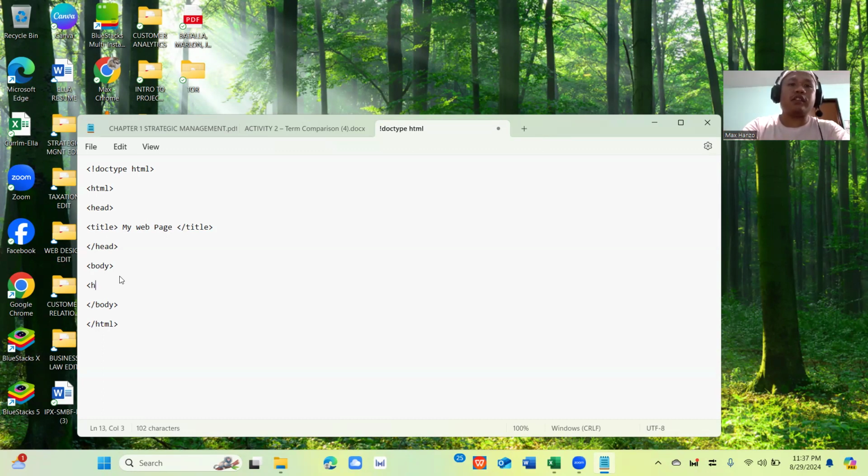So for example, since we're putting sections or the contents, we have to classify that with two separate sections. For example, if we're putting two headers, the first header is H1.